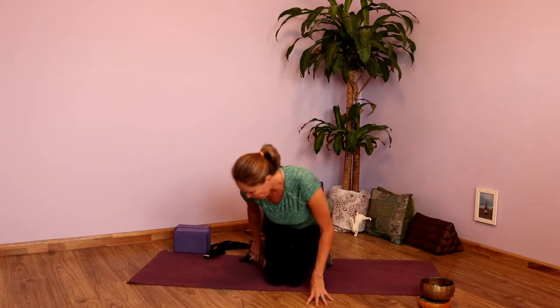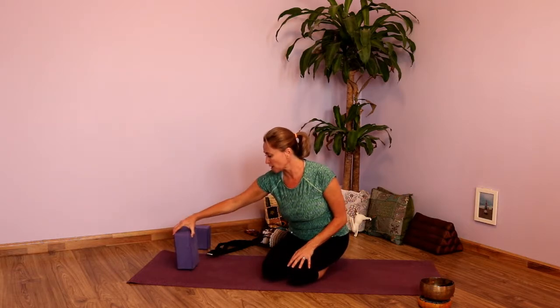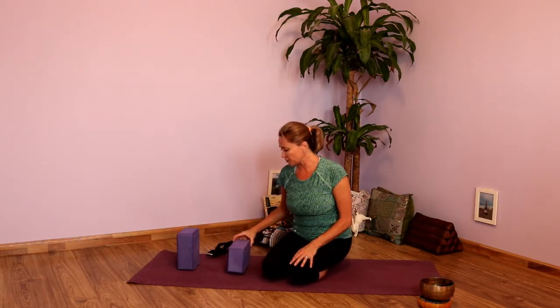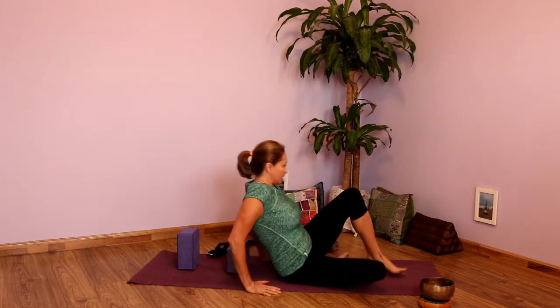We're going to start reclined, so gather your things, and when you're ready, go ahead and lay down on your back. You'll have a couple options if you want to lay on your back on a bolster, or I'm going to take the blocks, place them underneath my back, and start in Baddha Konasana. So I'm going to lay back,